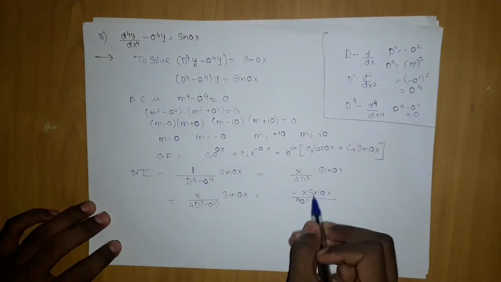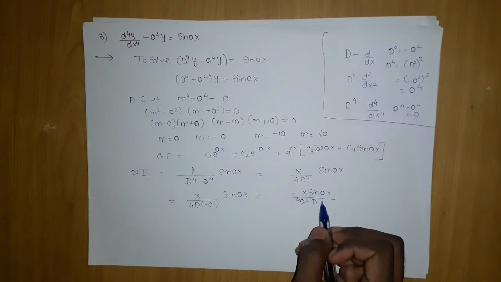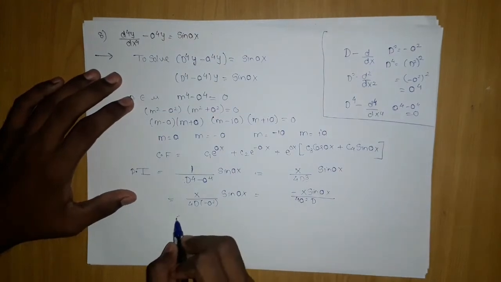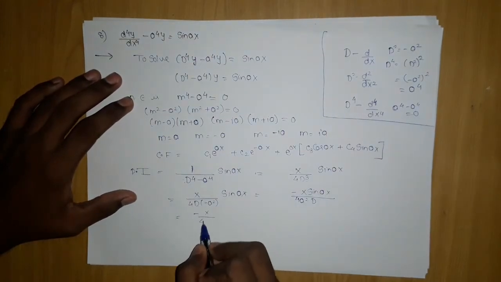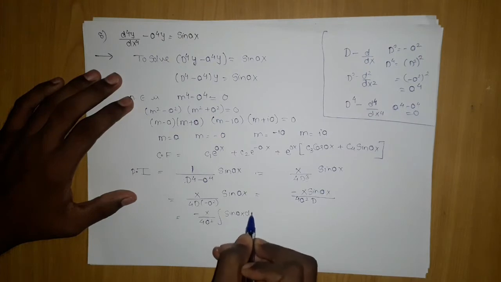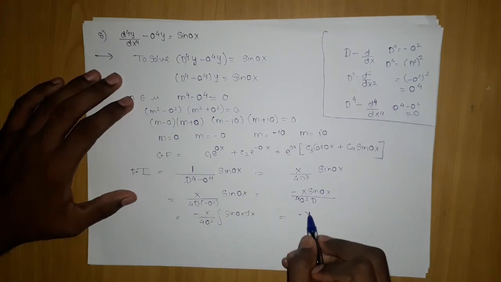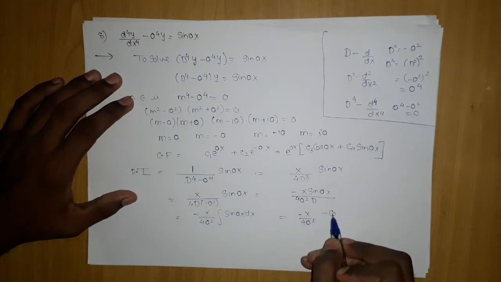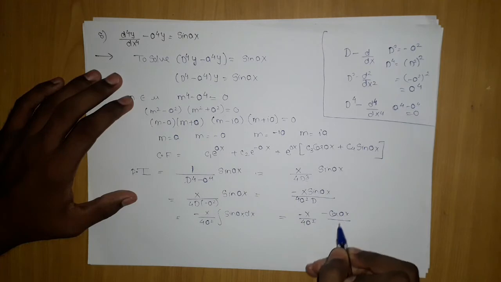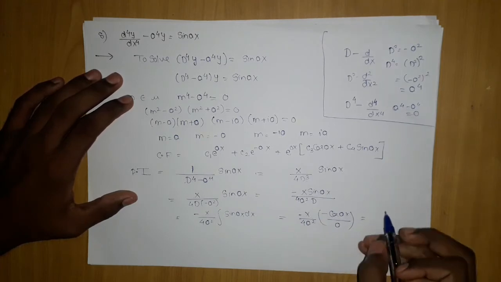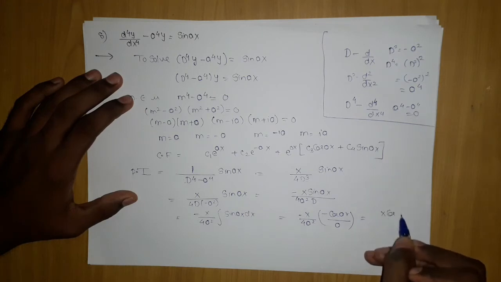This is what integration, which we will integrate the sin ax dx, because 1 by d is nothing but integral. The moment you do the integration, you will write it minus 4 by a square integral sin ax dx. If you do the integration, you will get minus x 4a square. Here it will be minus cos ax, and differentiation of minus ax is a. Finally you are going to be left with x cos ax the whole upon 4a cube.